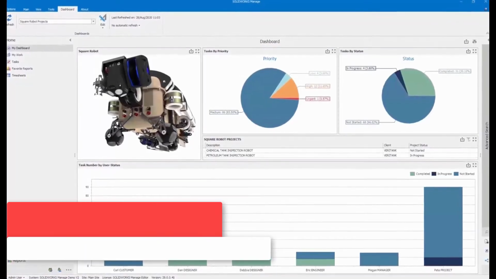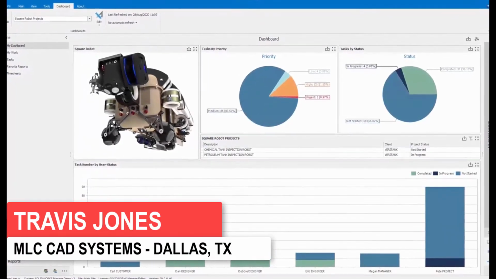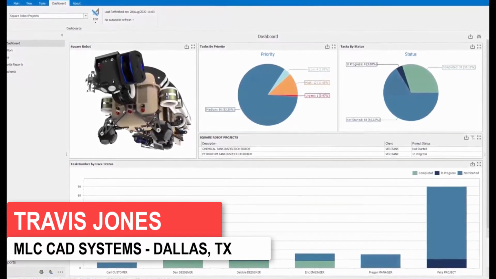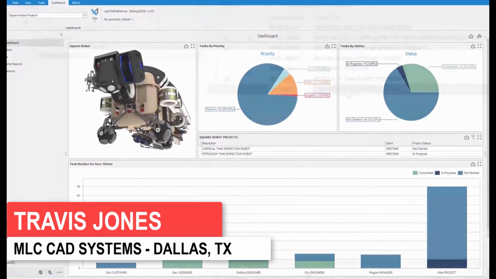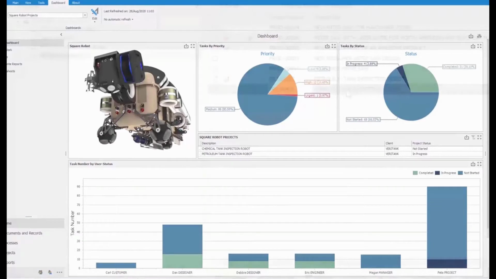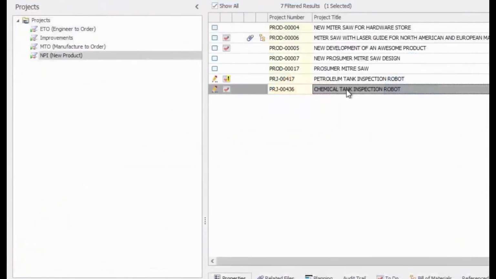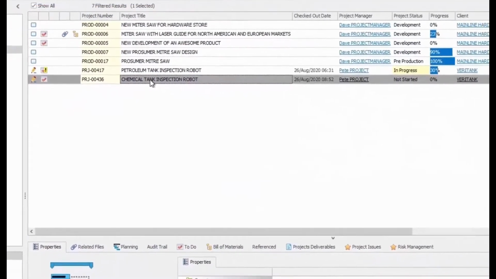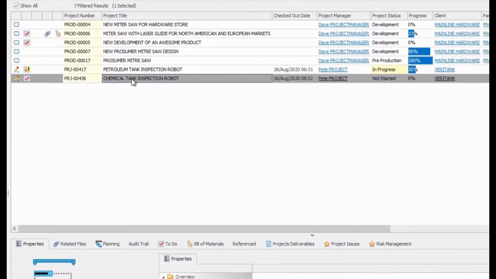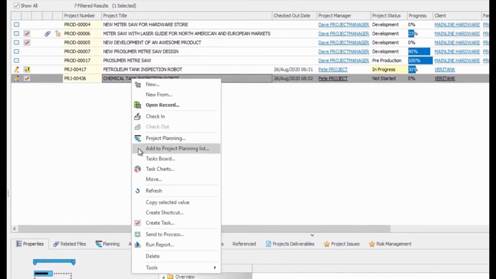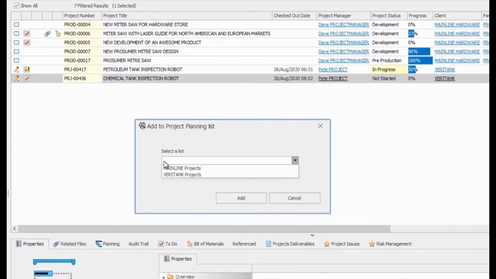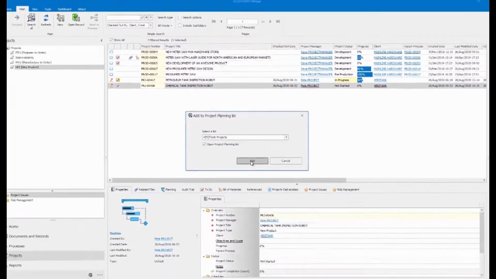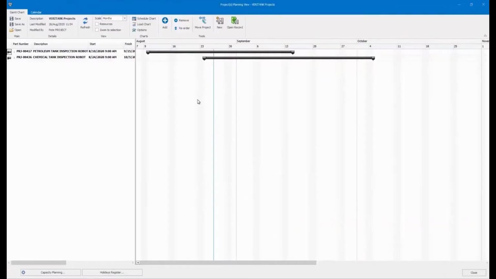If you really want to take your organization to the next level, that's when we need to start talking about the aptly named SOLIDWORKS Manage, which allows you to control the entire design and manufacturing process. New for Manage 2021 is the ability to create project lists. These lists can be created and customized to meet individual needs, and then they can be shared globally across the organization. The cool thing about these project lists is they provide a lot of visibility to all the different resource tools like scheduling, capacity planning, and load charts, which will ultimately just help you make more informed decisions about your